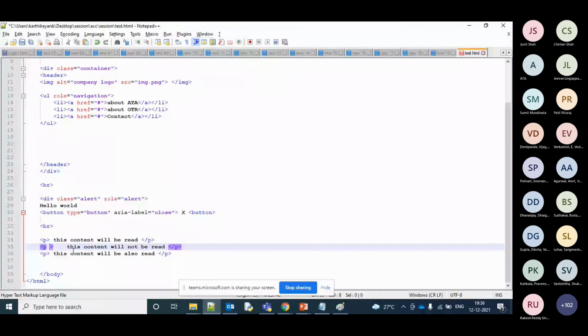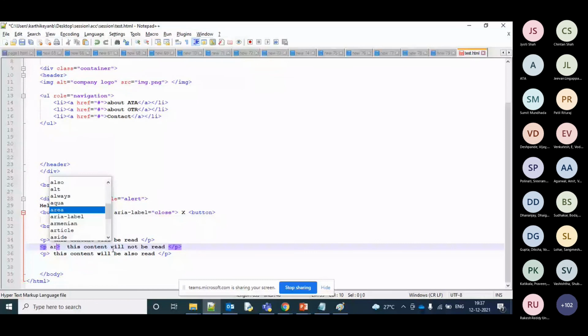So right now, what we are trying to do over here is, I want this first content to be read by the screen reader, but this content should not be read by the screen reader. So what I can do is use an ARIA attribute, like we have hidden.